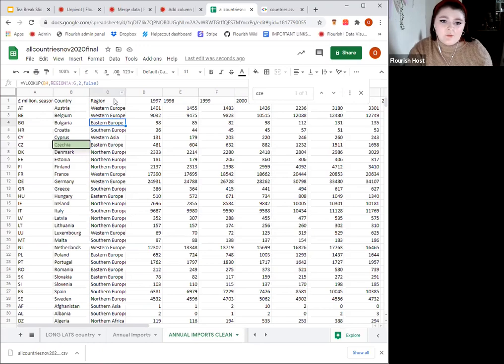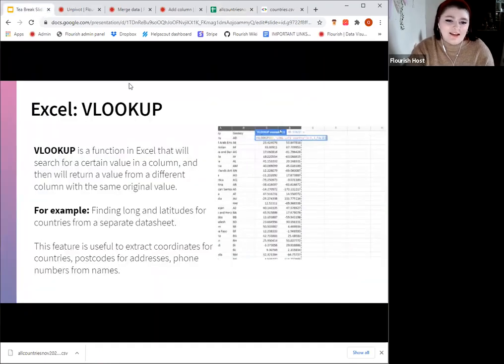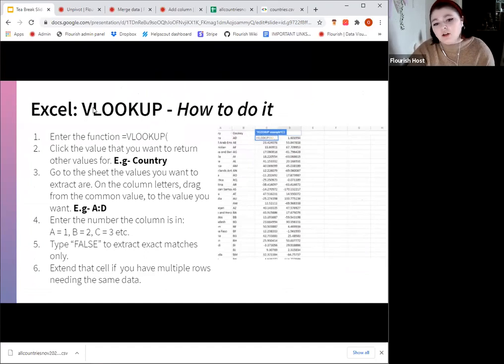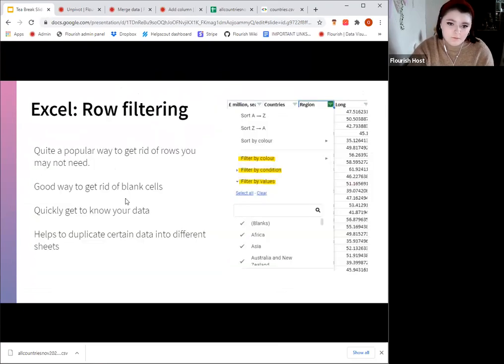An easy way as well, which I will show in a second. Once you have the slides, I have put in a little slide on how to do VLOOKUP, because it took me so long to work out how to actually do it, so you can follow the steps that way as well.